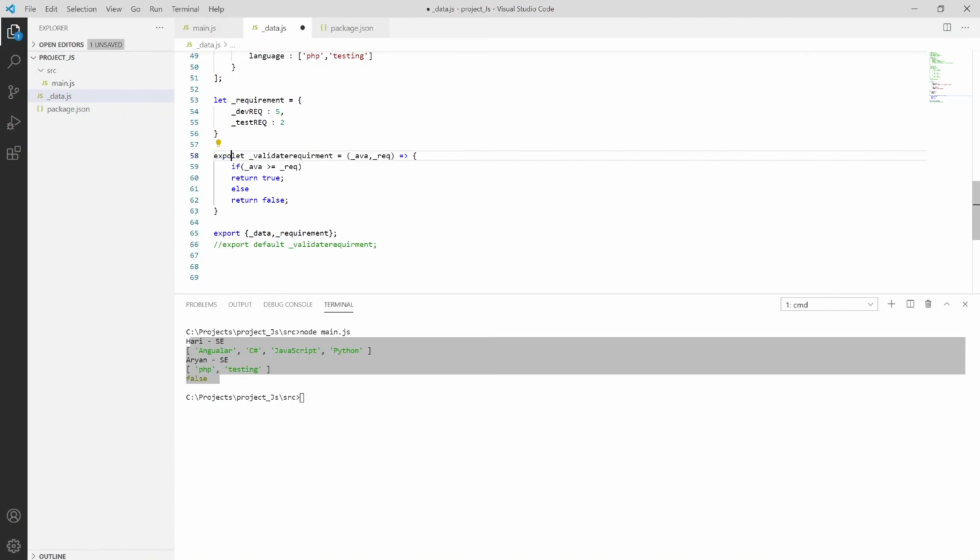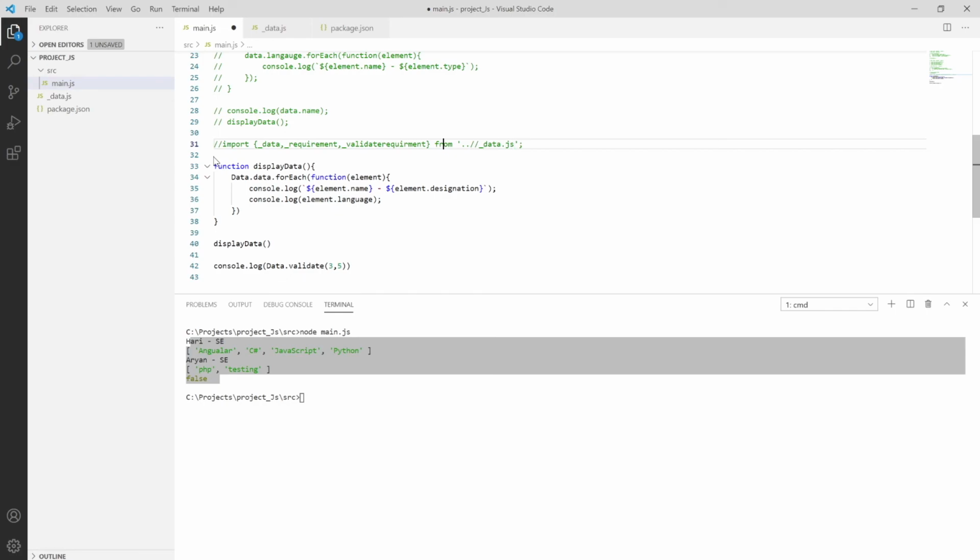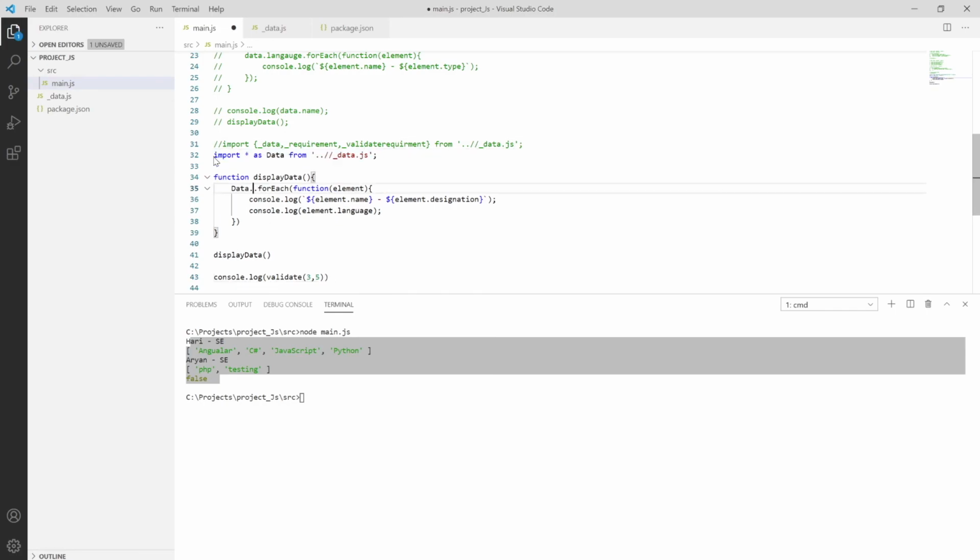Let me erase this and show you how you need to export it as export default. I'll clear this line and then press Ctrl+Z, for your clear understanding.